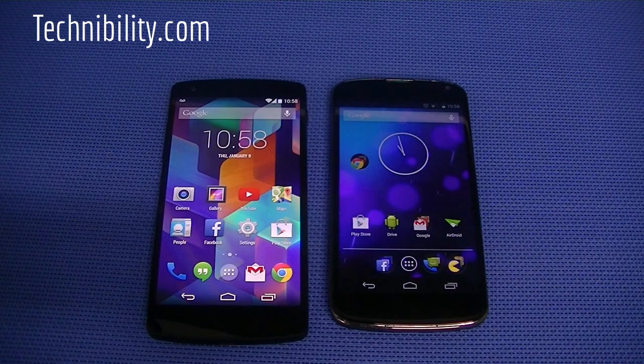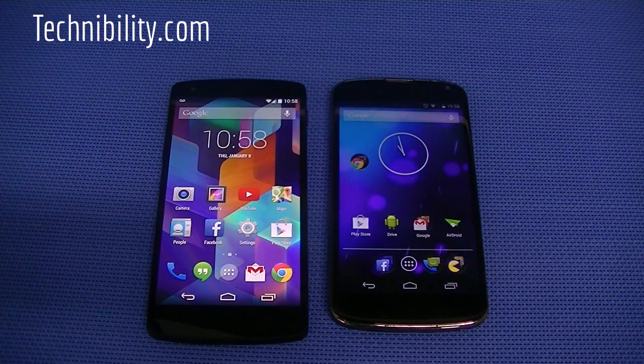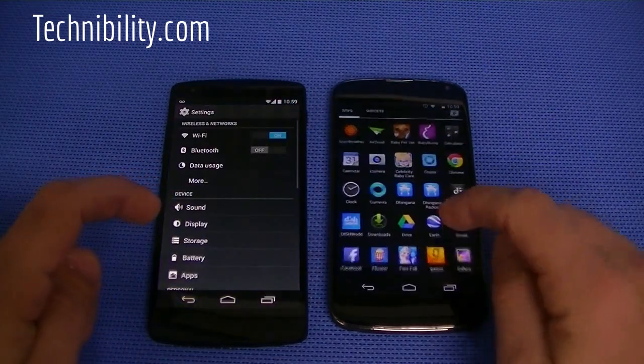Okay, here on the left-hand side we have the Google/LG Nexus 5, and here on the right-hand side we have the Google/LG Nexus 4. Alright, so getting started with both of these devices, we're going to take a look at the hardware, compare the hardware, and then compare the software, because both of these bad boys are running